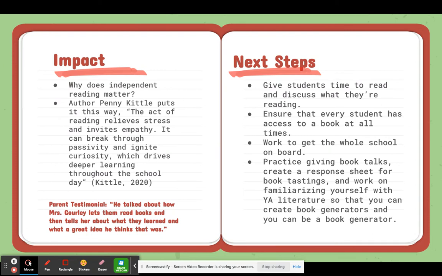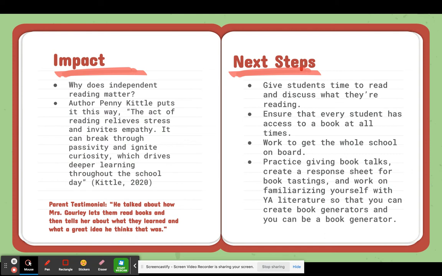And I think that this was the first year I had done something like that, and I think that it really made a huge difference in my students' and my personal enjoyment of being at school and finding that love for reading again. So, next steps. What are you going to do with this information? What can you do to start implementing these strategies and to create independent readers in your school?